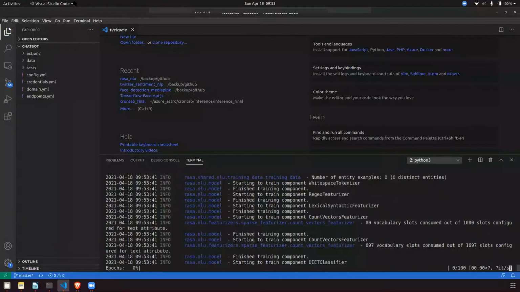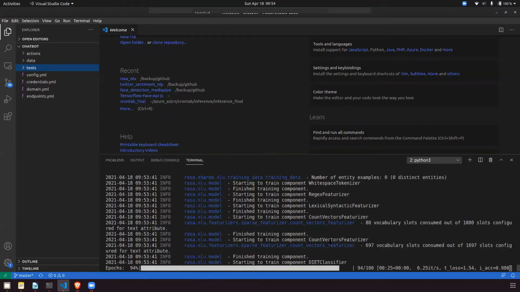You will see that in the chatbot folder, a folder structure is getting created automatically by Rasa. In the terminal, my initial model is getting trained. Those who have done my deep learning classes will understand that a model is getting trained here, with a number of epochs running.